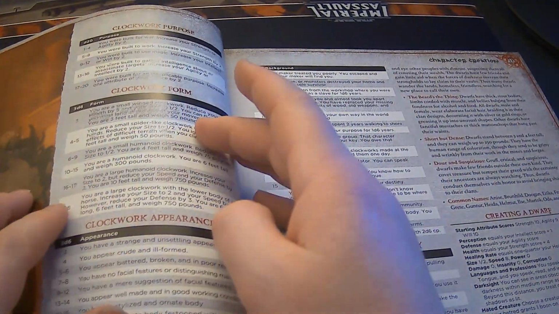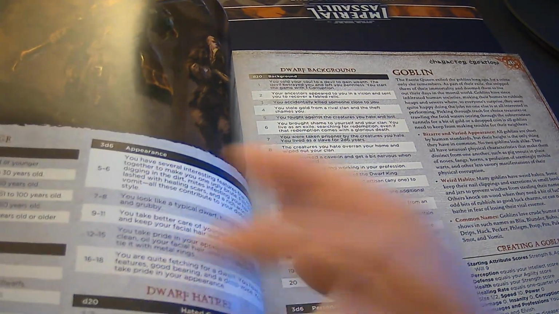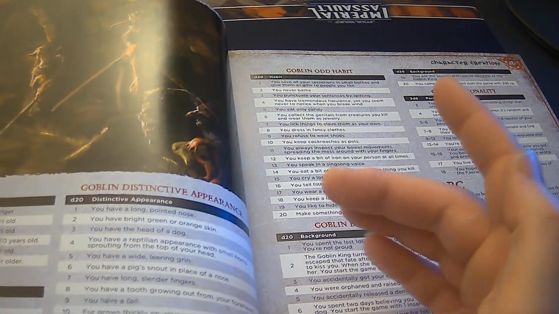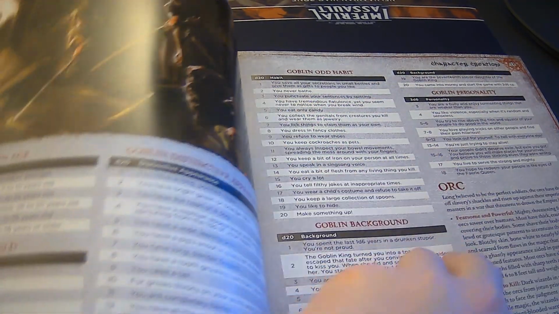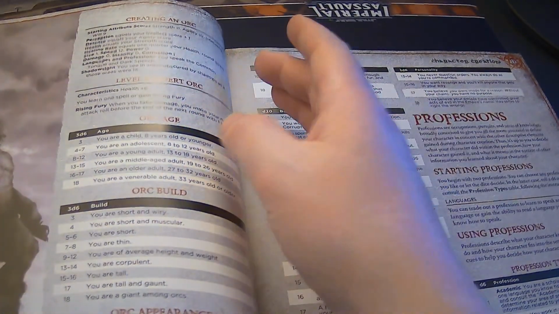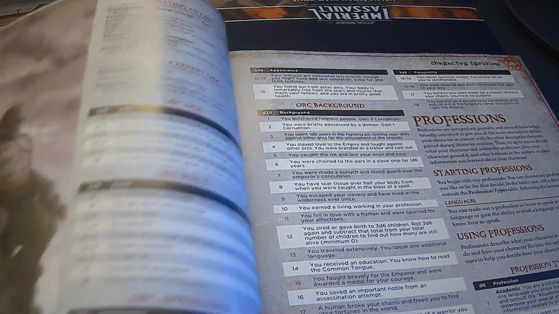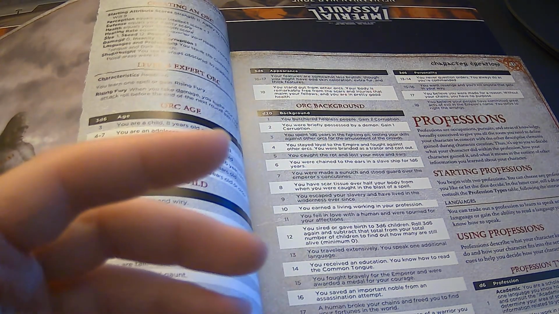Clockwork have purpose, clockwork form, appearance, background, and personality. Dwarves have age, build, appearance, hatred, background, personality. And then you have goblins, which have age, build, distinctive appearance, odd habit, background, and personality. Then you have orcs, which have age, build, appearance, background, personality. Some of these are a bit more unique than others, and there's a lot of variation within